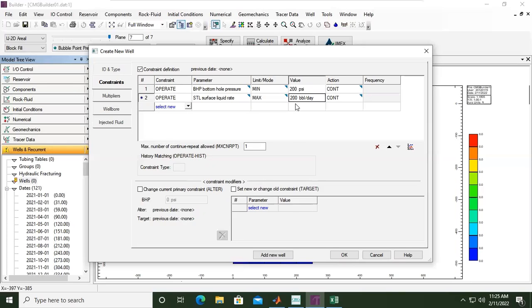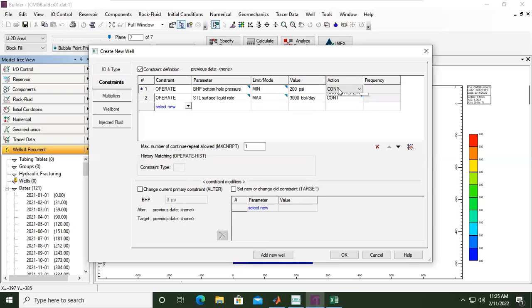I don't want to produce higher than, for example, 3,000 barrels of liquid. So CMG will not give rates that are higher than 3,000. If you want to delete, you can use this one, delete well constraint, but I will put two constraints: the minimum bottom hole flowing pressure and the maximum liquid rate.